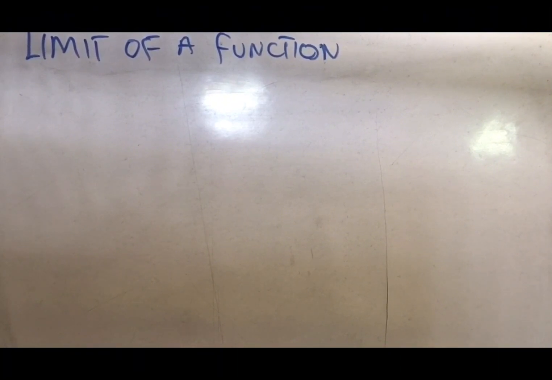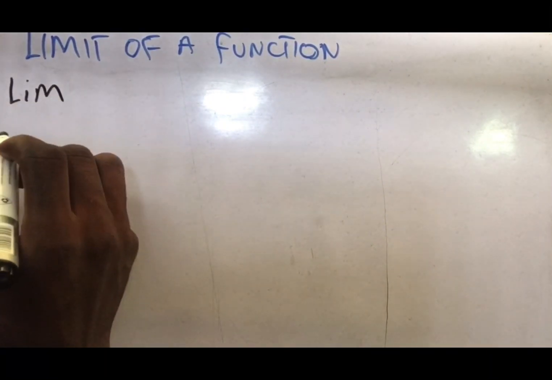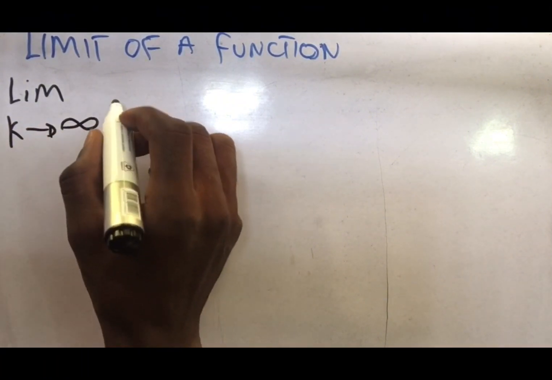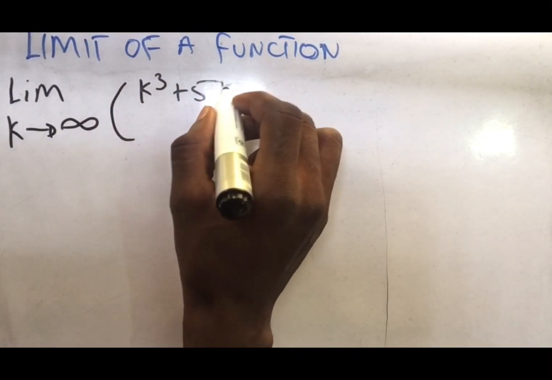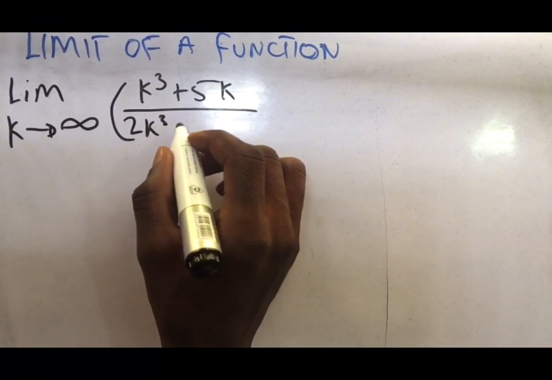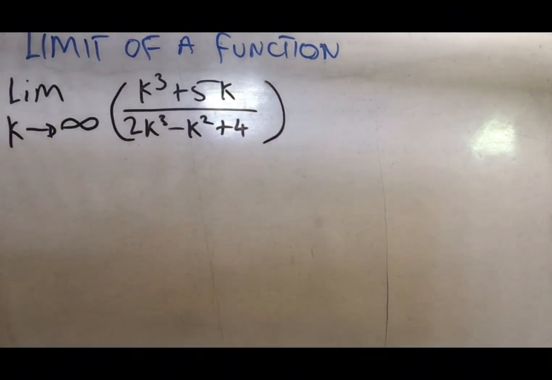From the 3 cases we just looked at, that is the 3 cases where the limit tends to infinity for a rational function, let's evaluate the limit as k tends to infinity for the function (k cube plus 5k) over (2k cube minus k square plus 4). So now this question exhibits the properties of one of the cases we just talked about,